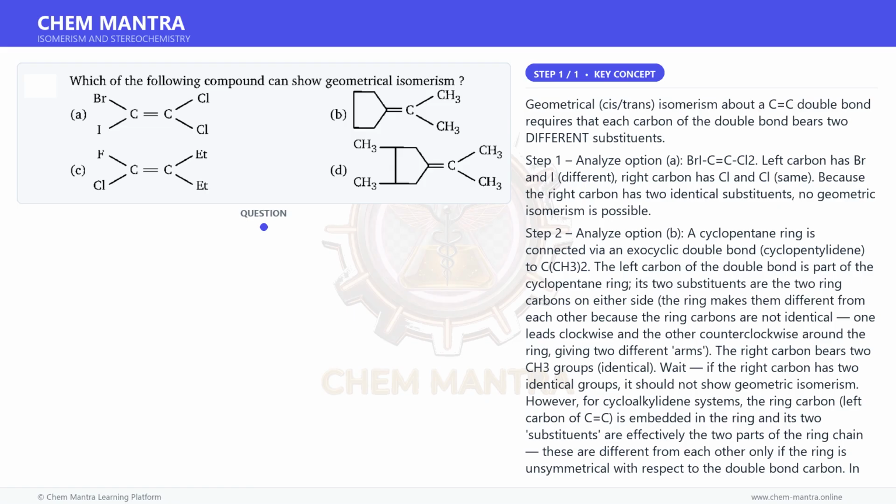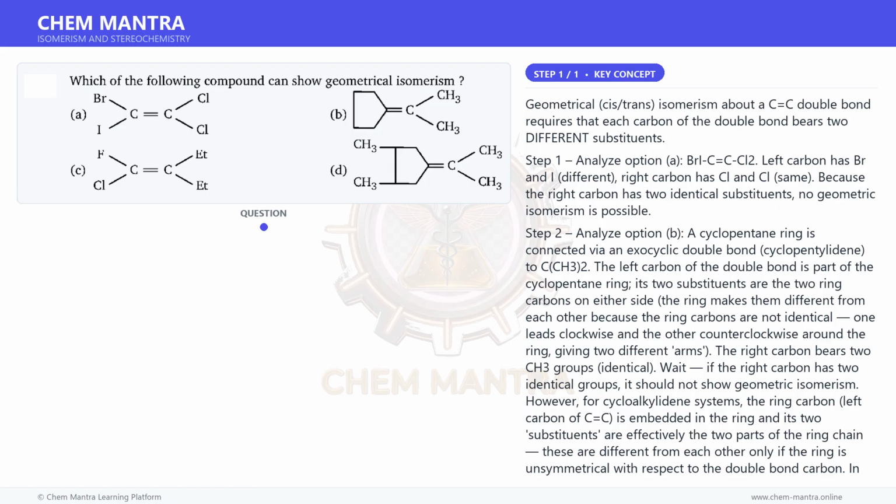However, the question's answer is B, suggesting the examiners consider the cyclopentane ring carbon to have two different substituents, the two ring chains, making geometric isomerism possible despite C(CH3)2 having identical groups, or that